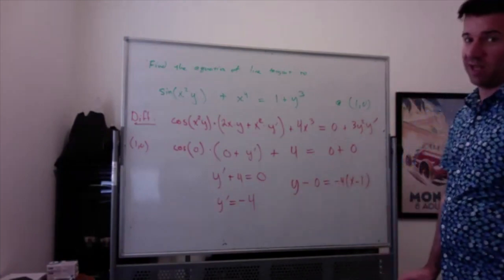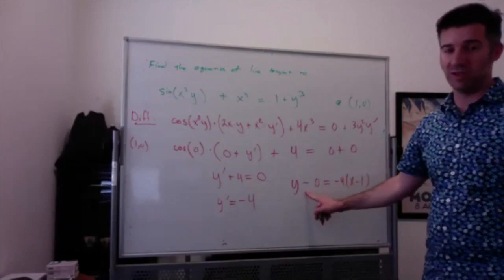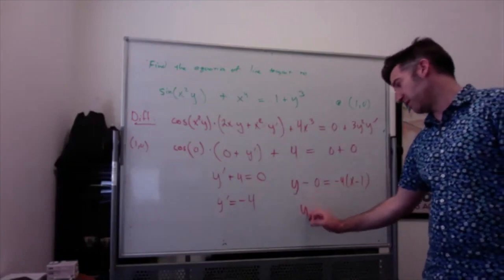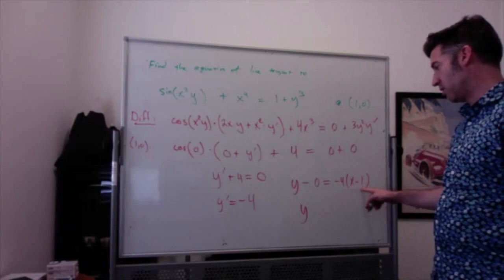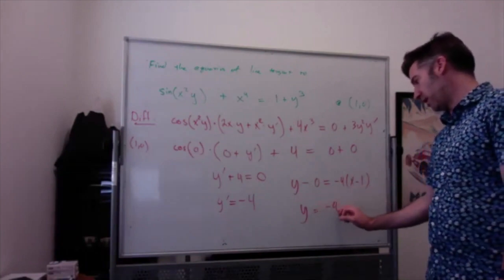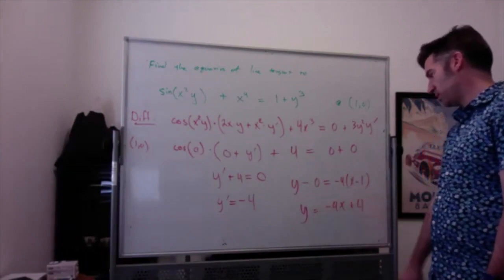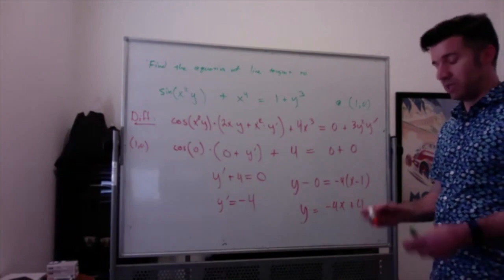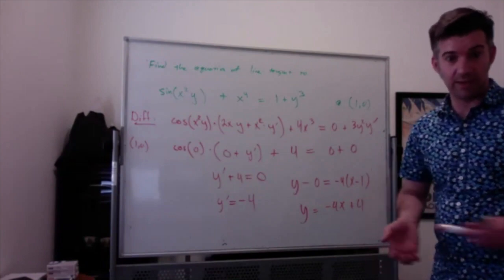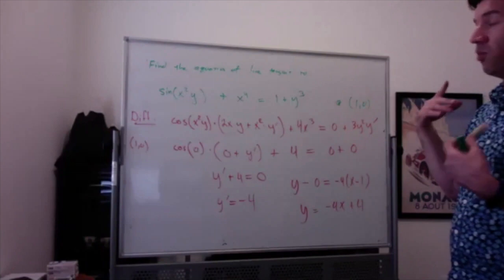And then if you got y minus 0, you should at least write this left side as y. You can leave it as y equals negative 4x minus 1, or you can write it as negative 4x plus 4. But I really, really want to recommend that if you're doing implicit